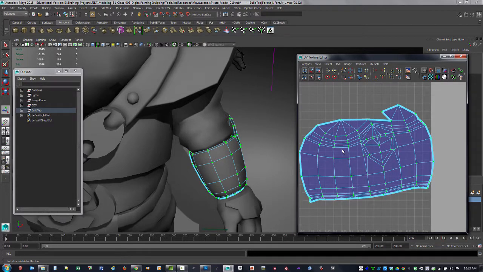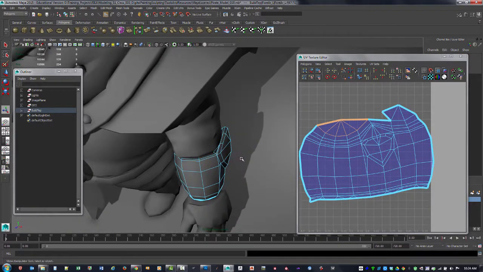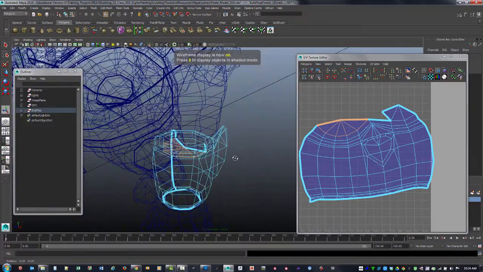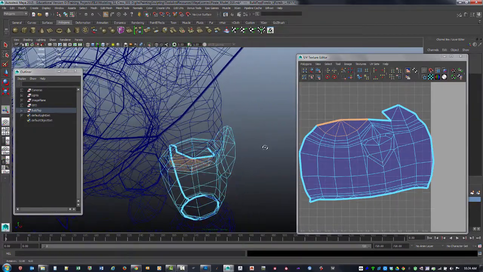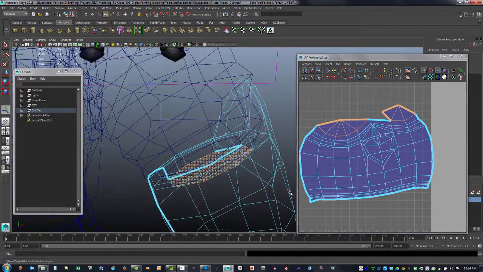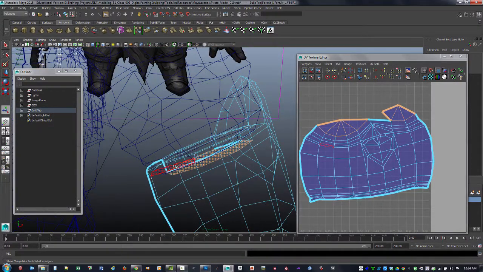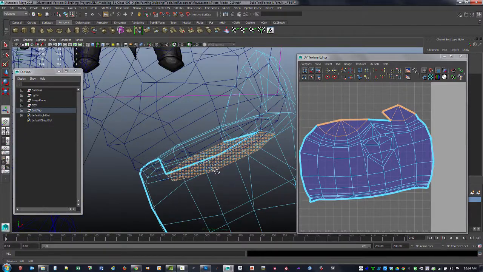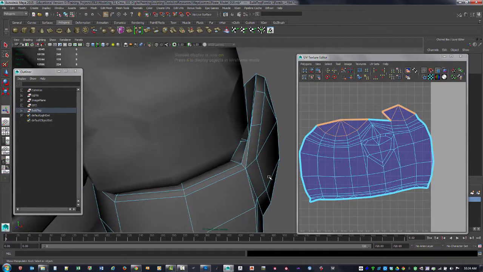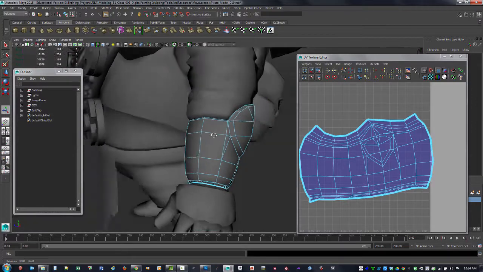Here's another interesting thing. So we've got this situation where now we can start to select in this window pieces, and it might be easier for us to select them in here than it would be anywhere else. So I didn't even realize that I still had some of these faces on the inside of this thing, and I really don't need them anymore. We've got the arm actually just inserting into this thing right here like that. So we can just go ahead and get rid of those faces just like that, and we should be good